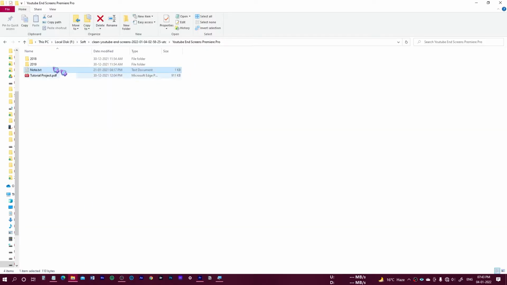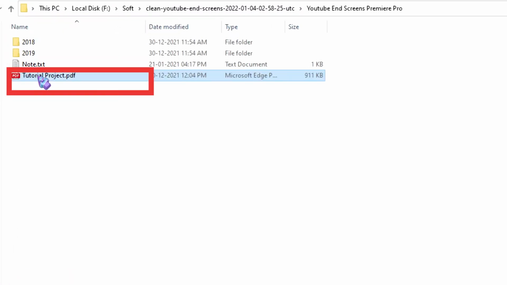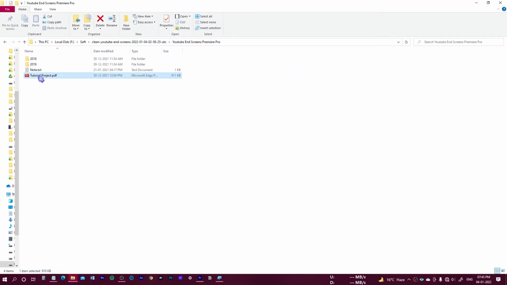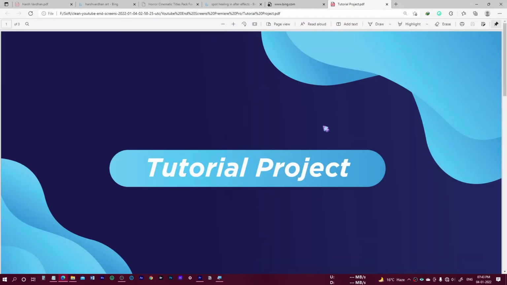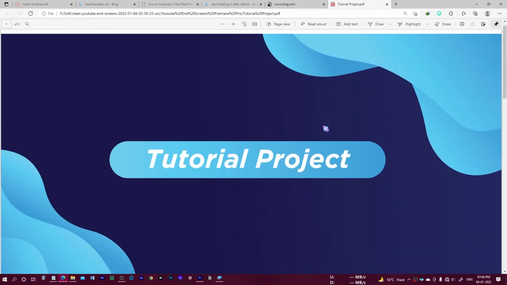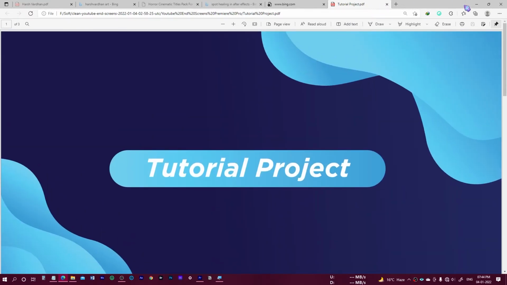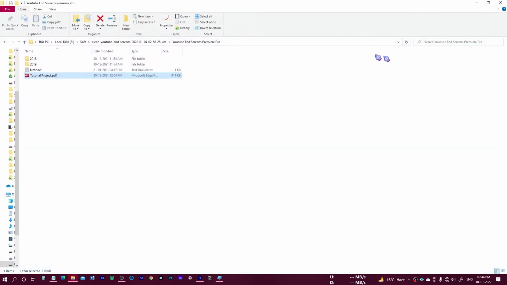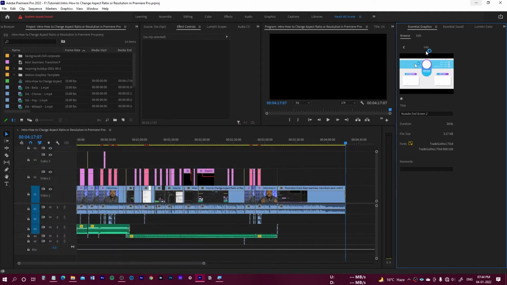For that purpose, again we have to go to the tutorial PDF, and I hope that the link to download that font is included in this one. Alright, so I think no, the author has not included this font, which is very bad in this case. So what I can do is manually search Trade Gothic